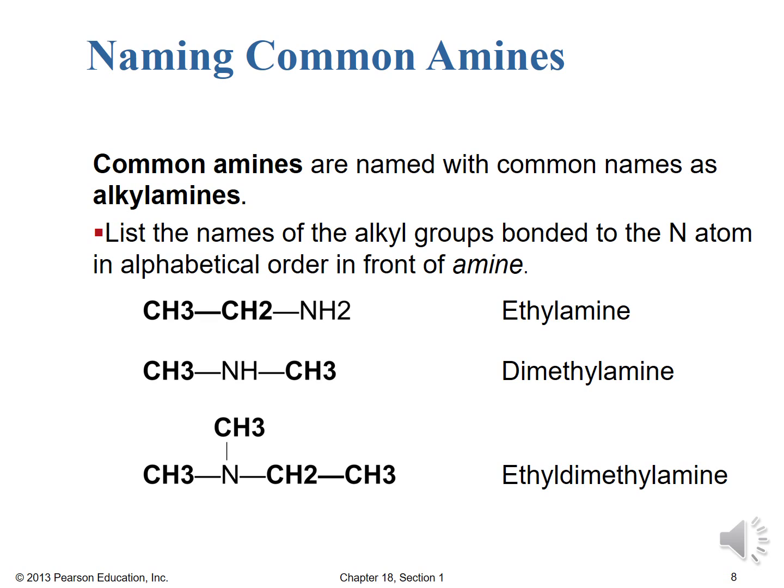So looking at these different names, we see that they're not quite the IUPAC. So ethylamine is what we would have called by IUPAC rules ethanamine, right? So similar but different. Then we have dimethylamine, which we would have named by IUPAC rules as N-methylmethanamine. And then we have our ethyl dimethylamine, which we would have named, of course, N,N-